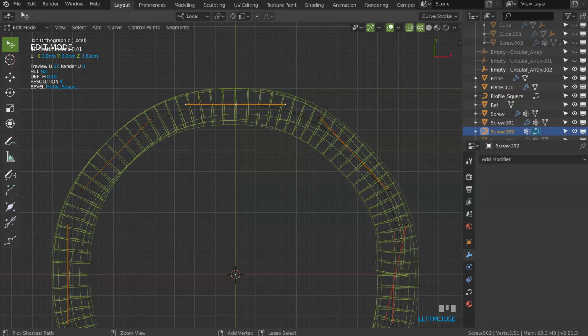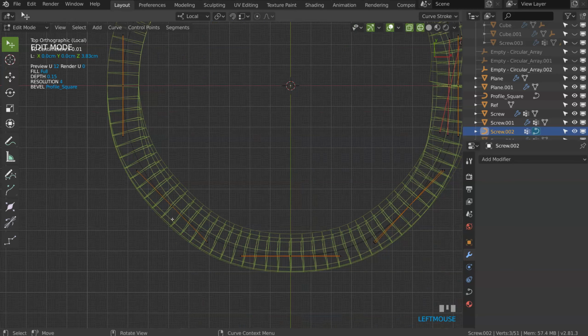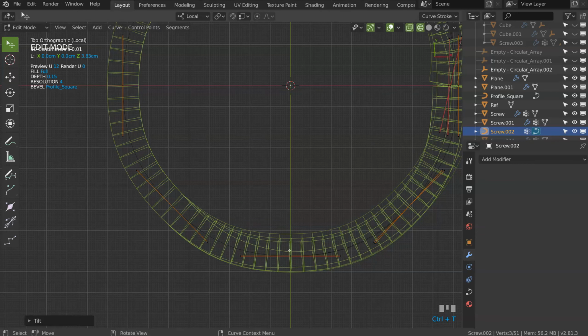Control T, this one seems correct. Up, Control T, this one will be correct. So as you can see, making it like that is way easier than making it differently, and I need to do this. Okay, come here, Control T, up, select the other one, Control T, perfect. So, Control T, up, up.